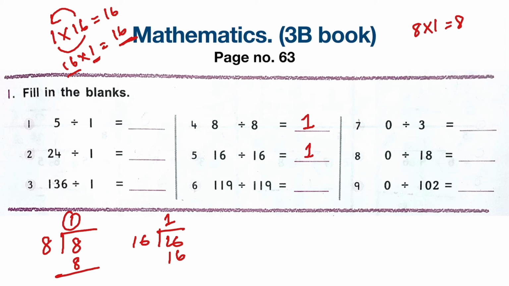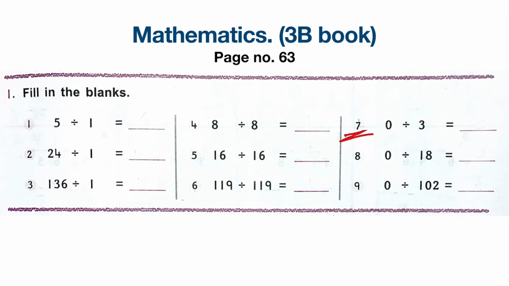Question number 6, here also the same process. Okay, you do this as a homework and send the answer photo to my WhatsApp. After that, next we have is question number 7, that is 0 divided by 3. So first we will draw the divider and then 0 inside 3. So if you try to remember the multiplication table of 3, you won't find 0 there, right? In your book it starts with